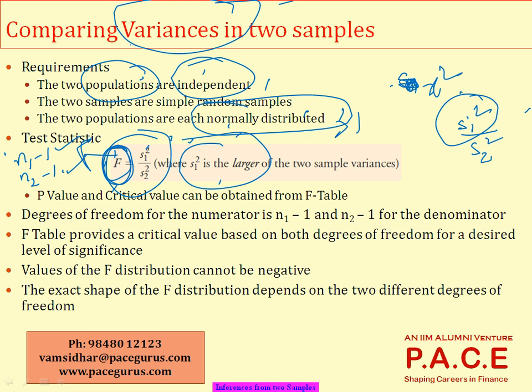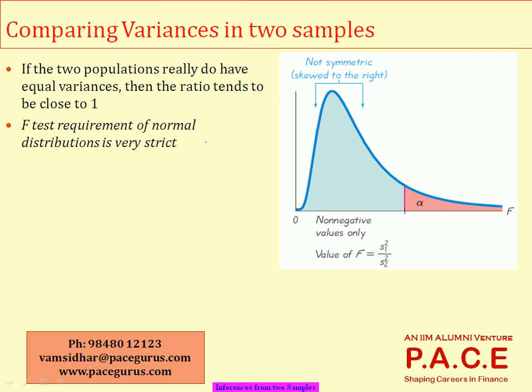And a few more points about the F. F can never be negative because it is S1 squared by S2 squared. The minimum value will be 0. F can never be negative. So the exact shape of F changes with the degrees of freedom because it is dependent on 2 different degrees of freedom. The F distribution is also a skewed distribution, just like your chi-squared,